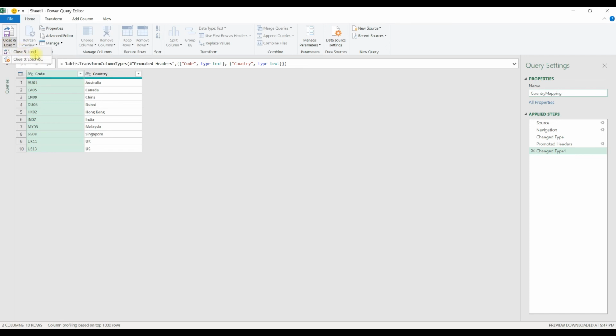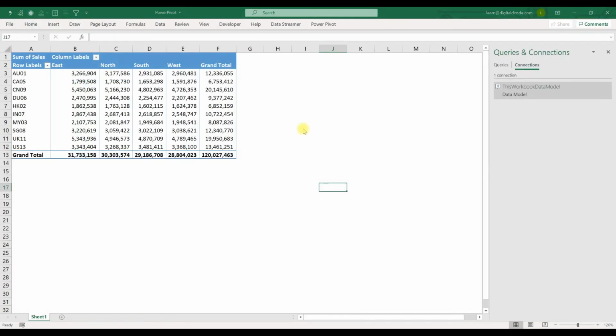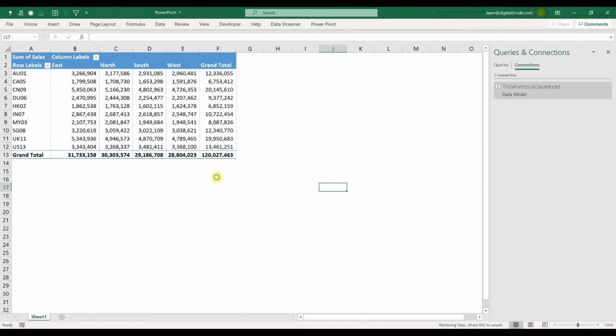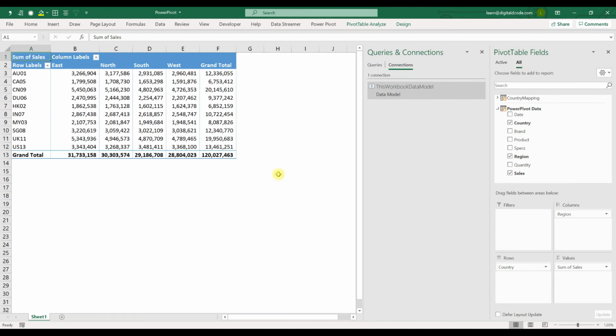So now just close it. Close and load to create only connection, add to data model. So whenever you want, you can pull this information.